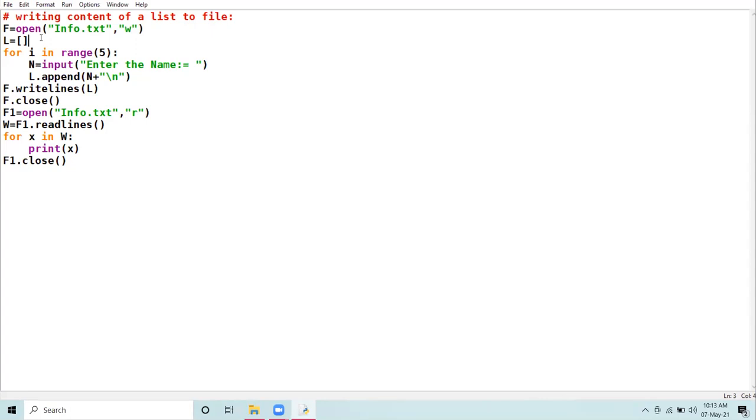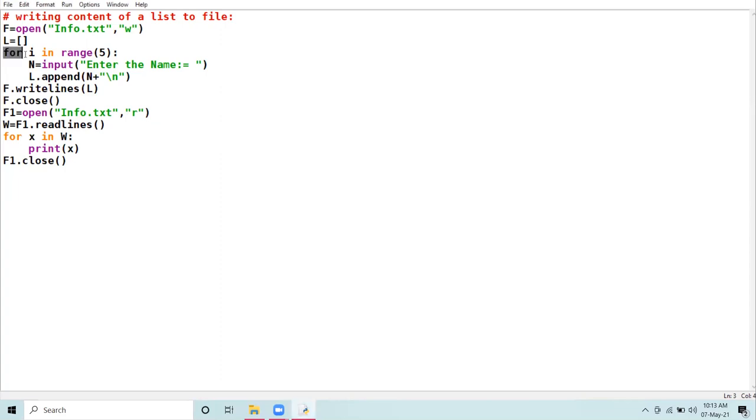Two steps we are going to perform. First, we are going to take input from the user. That inputted data will be transferred to the list, and then the list will be transferred to the text file, right?